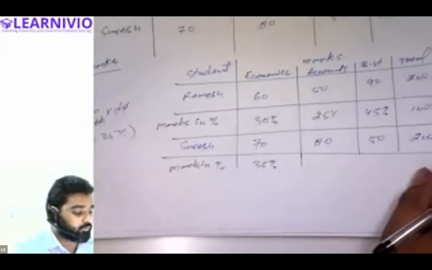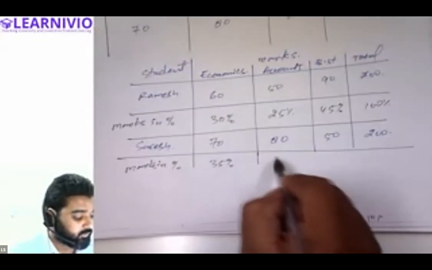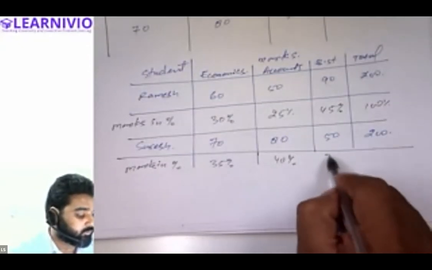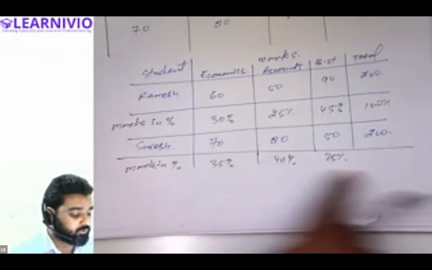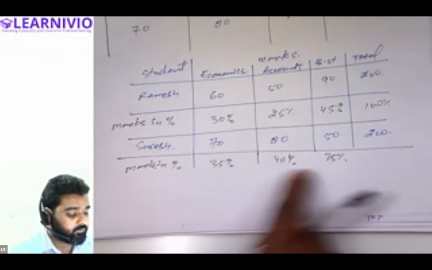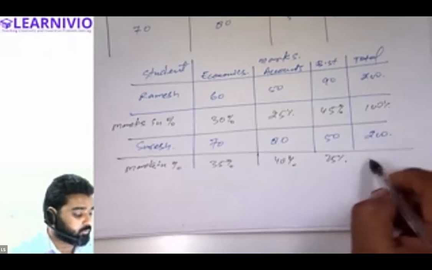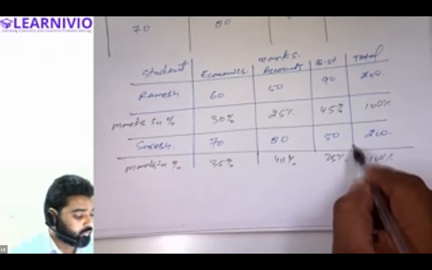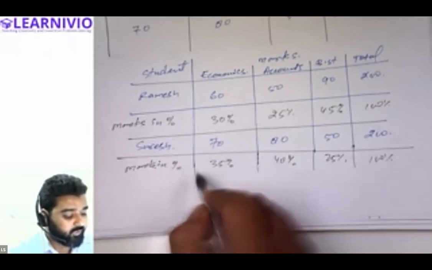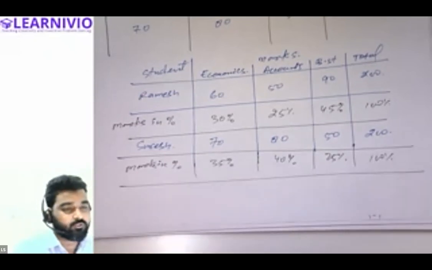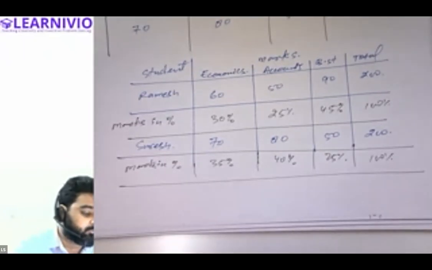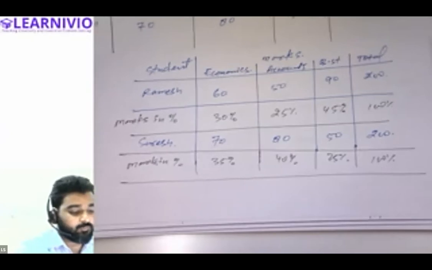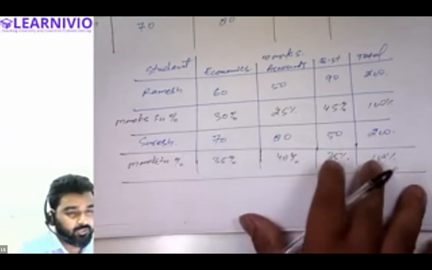All right. So 80 is how much of 200? So this is 40%. And 50 is how much of 200? This is only 25%. Now add all these percentages. This should be equal to 100. 35 plus 40, 75%, plus 25% is equal to 100%. All right. So first of all, we have to convert the series into percentage terms. And after the conversion, we will be preparing the percentage bar diagram. Now we are done with the calculation part. Now the only thing remaining in this question is to present it in diagrammatic form. See how we will be doing that.